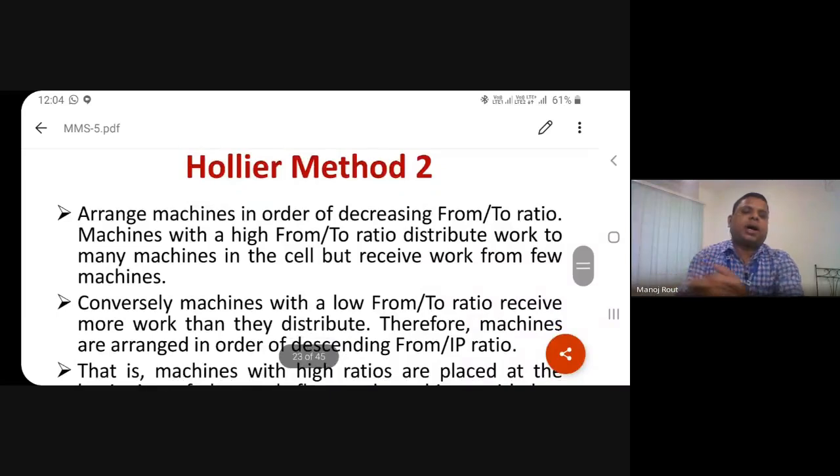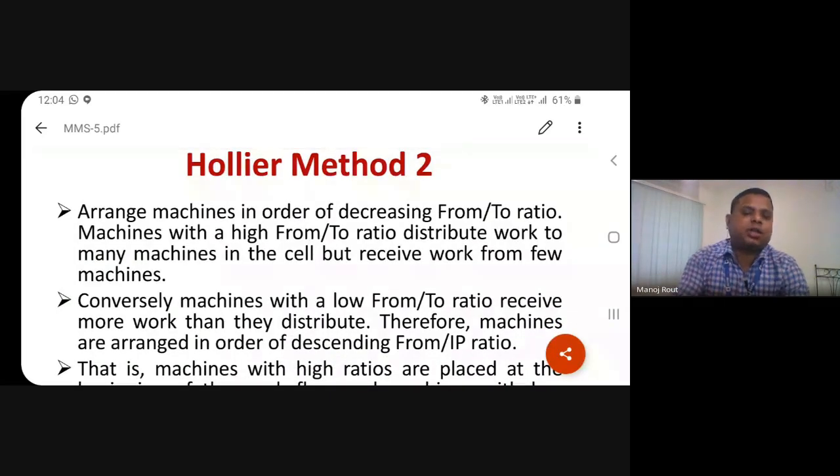In case of arranging the machines in order of decreasing from to ratio, the machine with a high from to ratio distributes work to many machines in the cell but receives work from few machines. And conversely, the machine with a low from to ratio receives more than it distributes. Therefore, the machines are arranged in order of descending from to ratio. The next part is the machine with a high ratio is placed at the